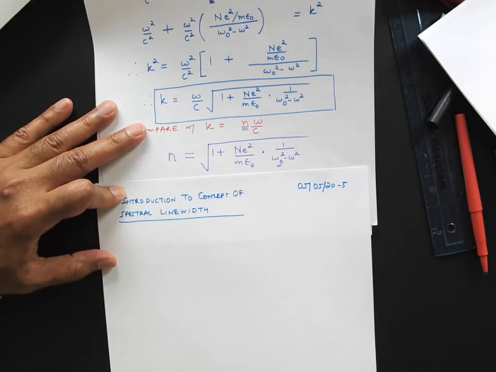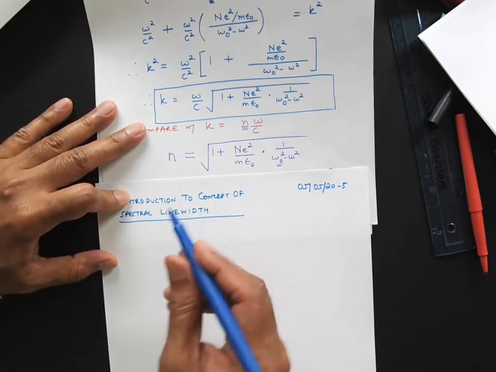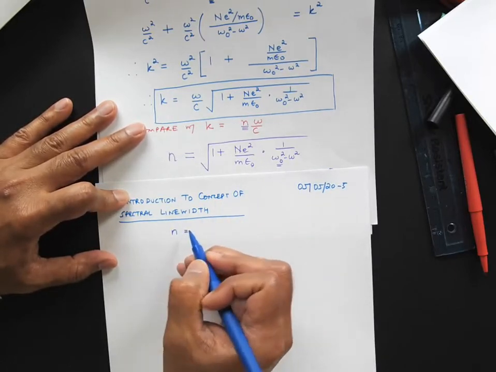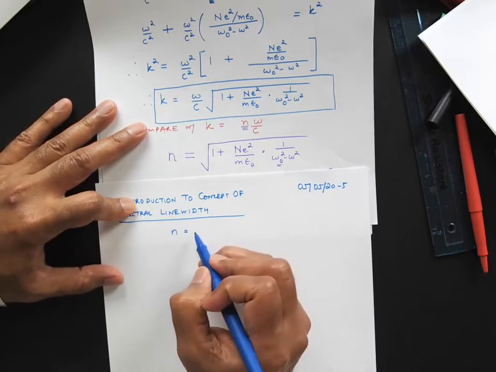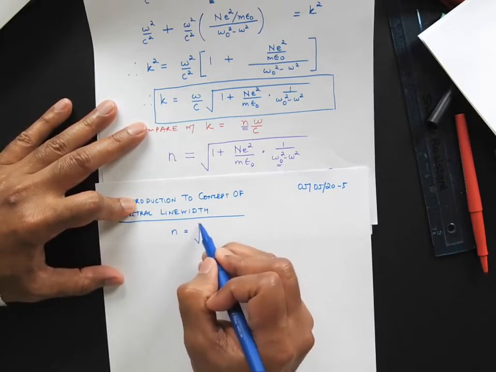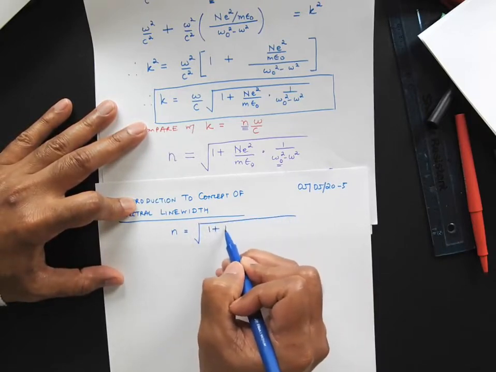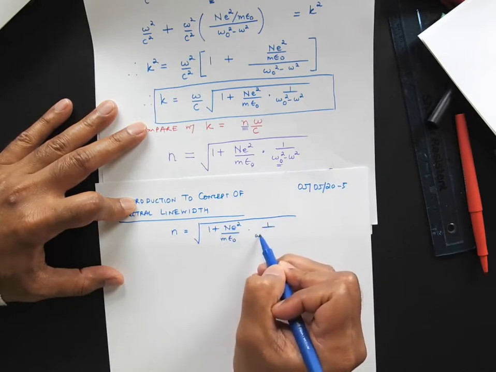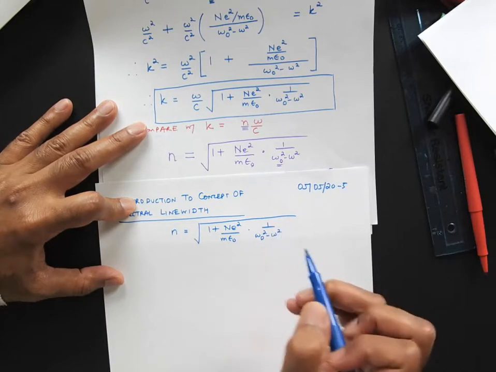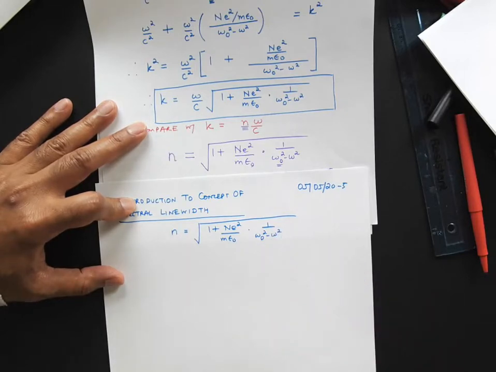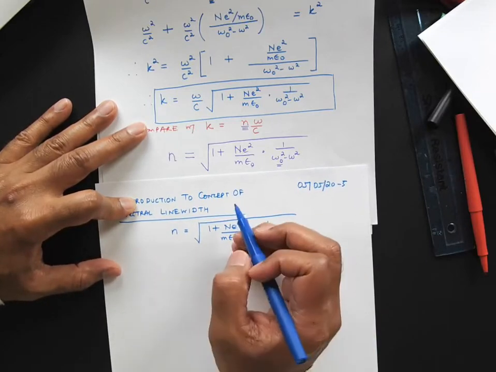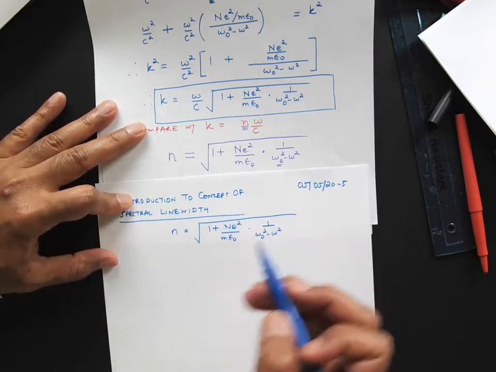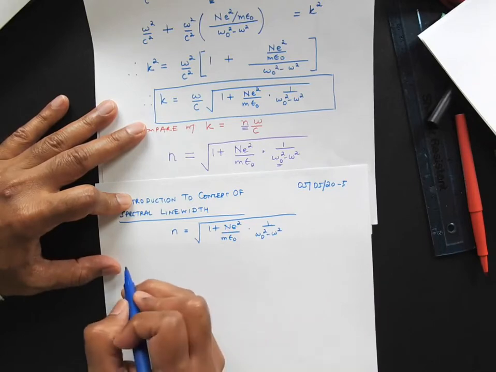Okay, so let's just examine this formula. So n, the refractive index, is equal to the square root of 1 plus n e squared over m epsilon naught, 1 over, and just tell me when it's 345, okay? Alright, so I got this. Now, because in the end I'm interested in lasers, in the context of lasers,